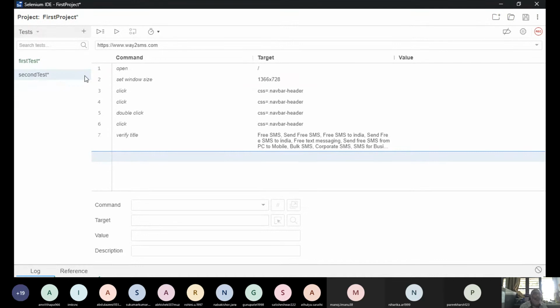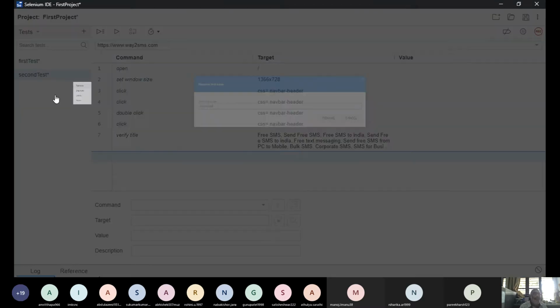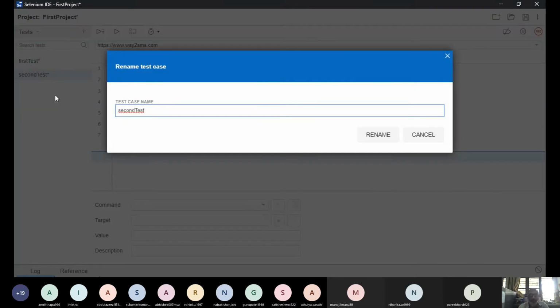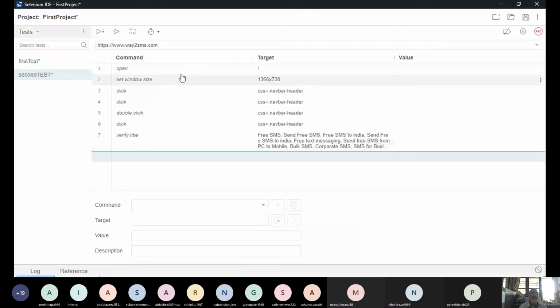I can even see, I already told you, you can rename also if you want here. So you can rename also the test. Suppose you don't want this, I want to give some other name, or I want to give a small case, whatever you want, you can do. See it as second test. Okay, click here. Then what if you want to delete also? You can delete. If you don't want, you can delete it. Now you go here. Then what you'll do? You have to run the test now.